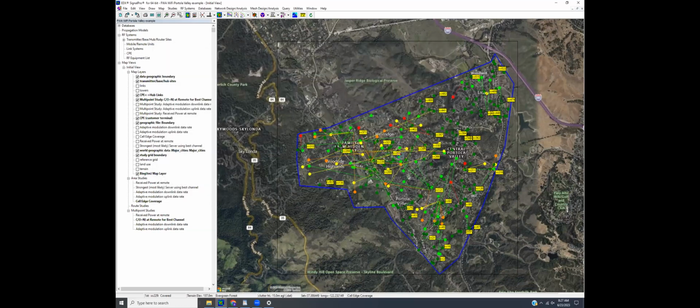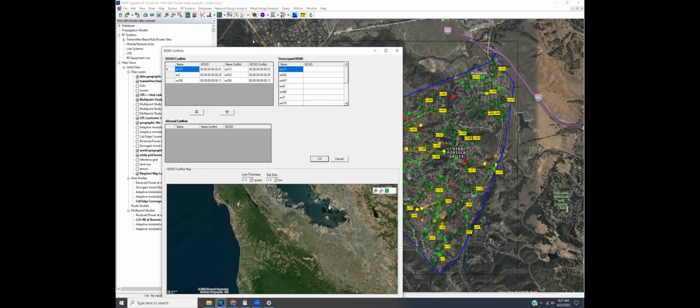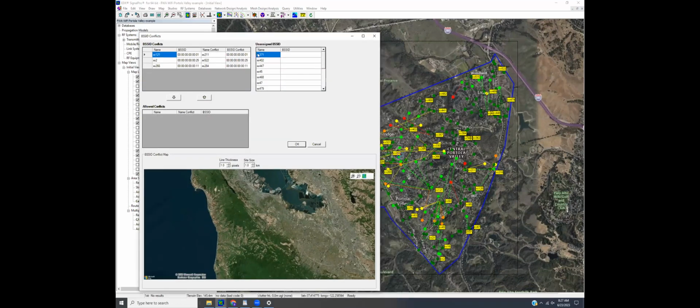But then there's some additional stuff you would want to do for Wi-Fi. We talked about the BSSID conflicts, and you'd potentially want to do some neighbor lists as well. So if I go into my network design Wi-Fi, let's take a look first at the BSSID conflict dialog. As I was importing my sites, or as I create my APs, a bunch of these were just created with a template, so they have no BSS ID yet. But I went through and put some fake ones in so that I could show how the conflict search would